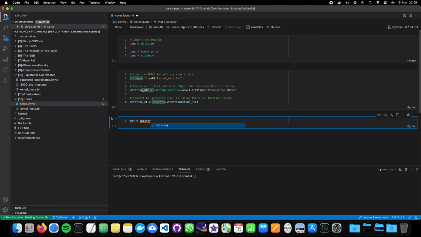this ecliptic J2000 DE405 reference frame is somehow something else than the standard ecliptic J2000 reference frame. So we can define a matrix. Before I do this, maybe let's run the first cells. Yeah, we can define a transformation matrix, where we use SpiceyPy and call the function sxform. And sxform